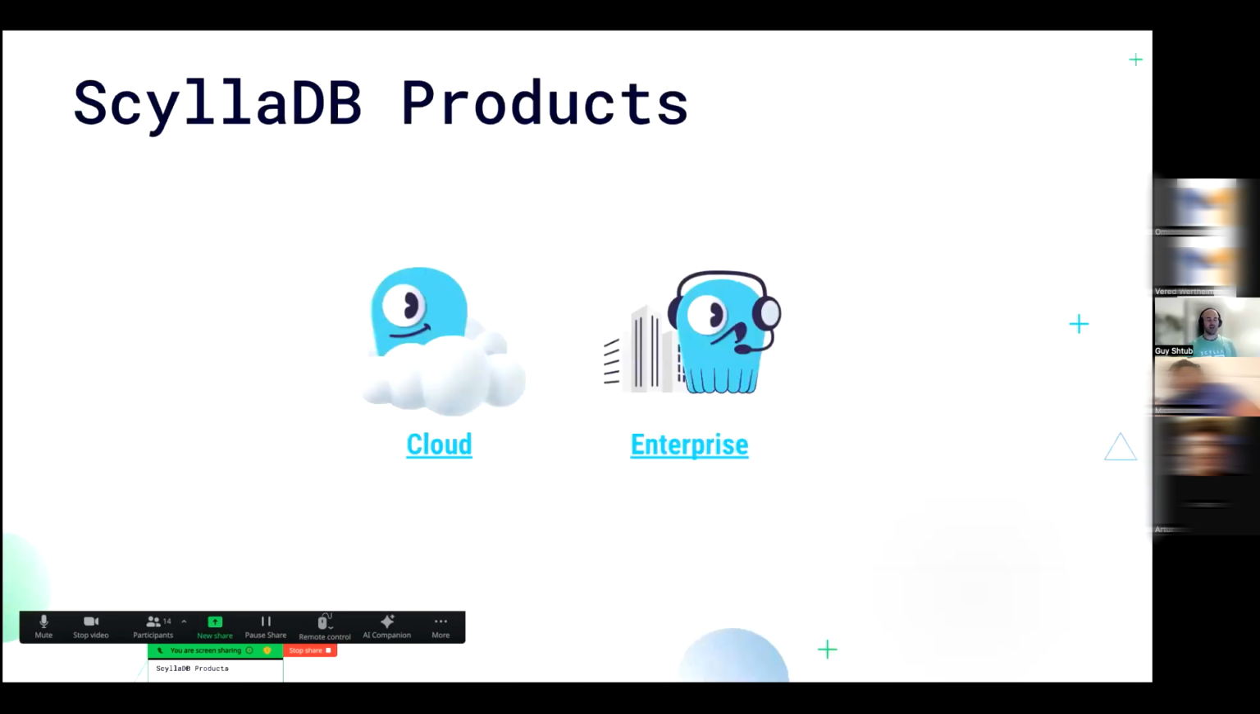Okay, so ScyllaDB offers 2 products. One is Scylla Enterprise, which you can run either on the cloud or on-prem. The second product, which is becoming more and more popular, is ScyllaDB Cloud, which is our managed database as a service offering. And if you choose that option, with a few clicks of a button, you can start the